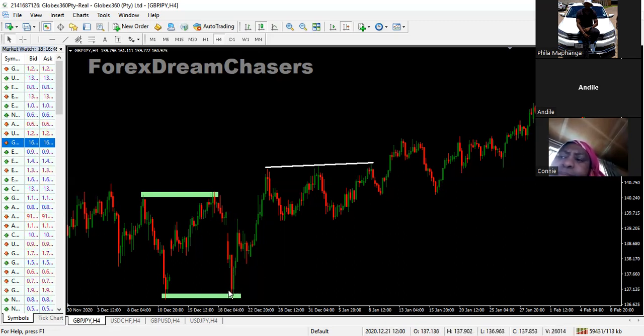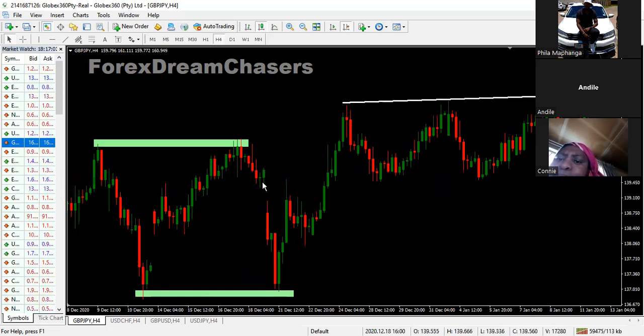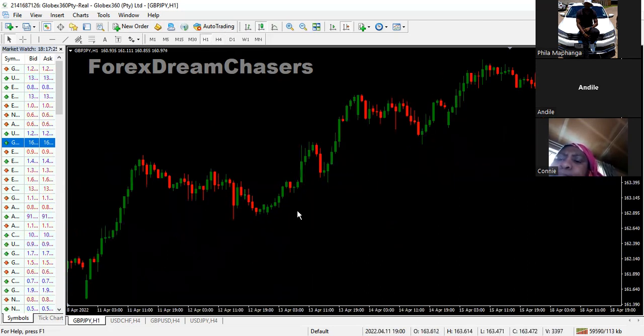So unfortunately, it did not turn here because of our support here. If we had no support here next to our gap, the price was going to turn exactly where it gapped, like this side. As you can see, it gapped here. The price just went down. What happened after the price took off from our support? It went all the way up to the gap where the price gapped, and it turned. So now, how do you know where you're going to place your stop loss? You're using your left. If you were to go to 1 hour, you'll see there's something. Let's go back and look at where the